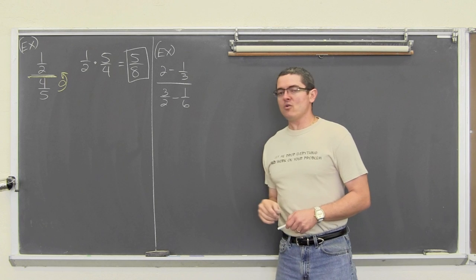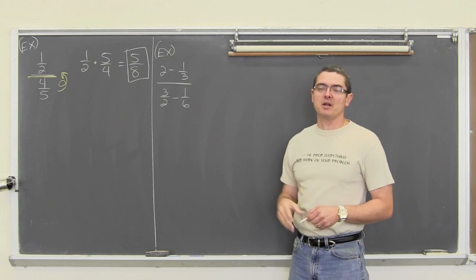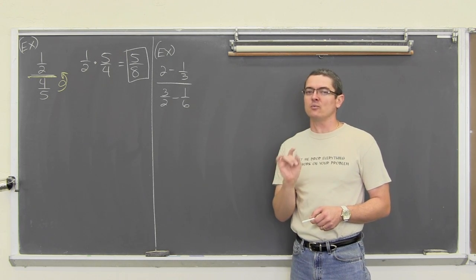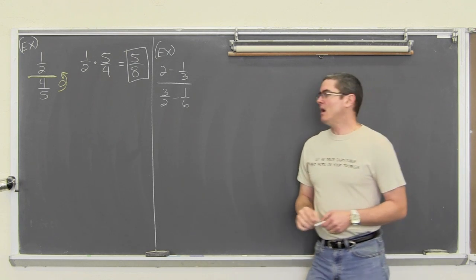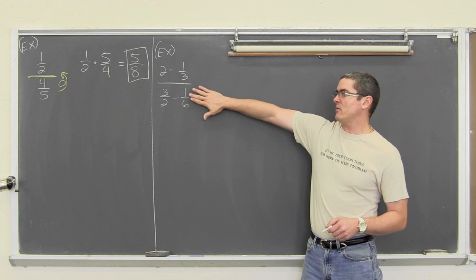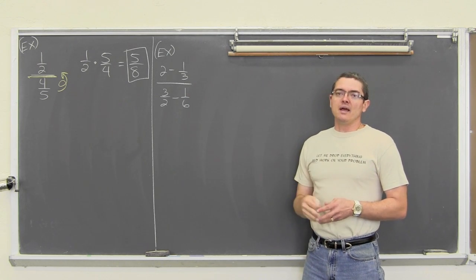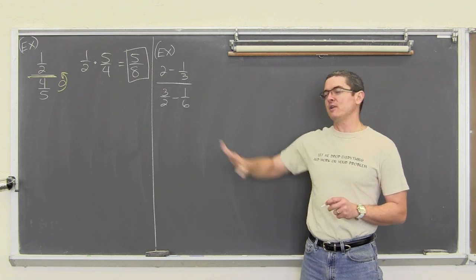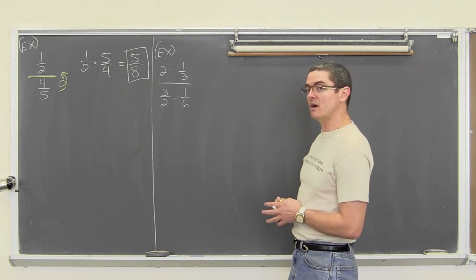This is again numerical, but it's a little bit more complicated. We do not want to take that bottom fraction and flip it up until we have a single fraction in the numerator and in the denominator. It's really most important that the denominator is only a single fraction. You don't want to skip that step of finding a common denominator, and you will if you take these bottom 2 fractions right now and flip them up. I do not like to flip that bottom fraction up until, again, there's a single fraction on top and a single fraction in the denominator.